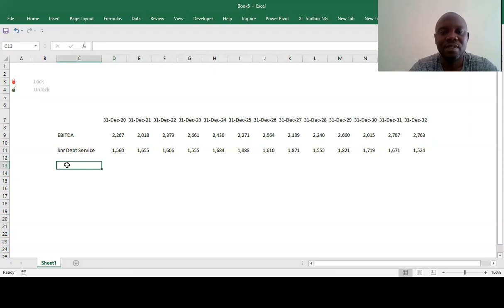So from here, it shows if funds are available. This is funds available.